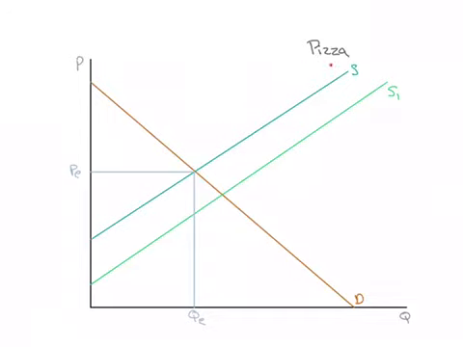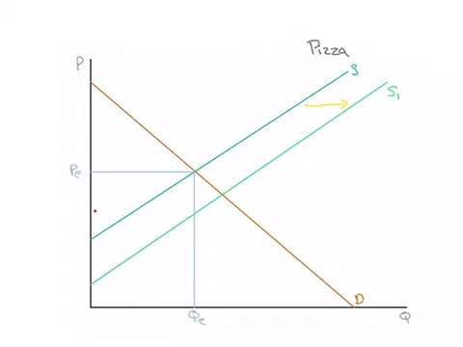Okay, so we're still here in the market for pizza, and we're looking at our final scenario, which is a supply curve shift to the right. And again, why is supply shifting to the right? Well, any of the non-price determinants of supply, basically anything that makes it easier to produce more pizza is going to cause the supply curve to shift to